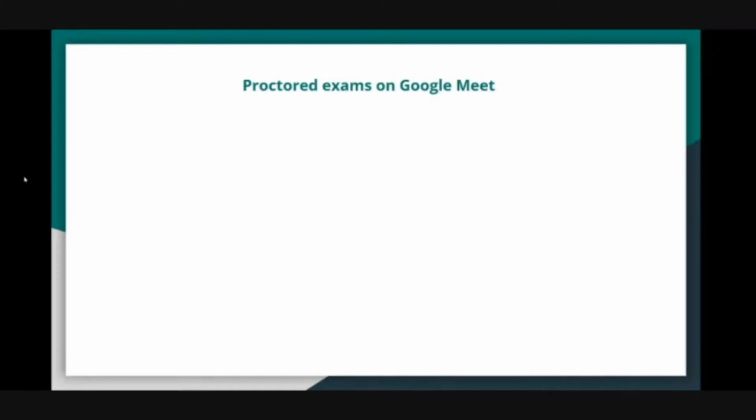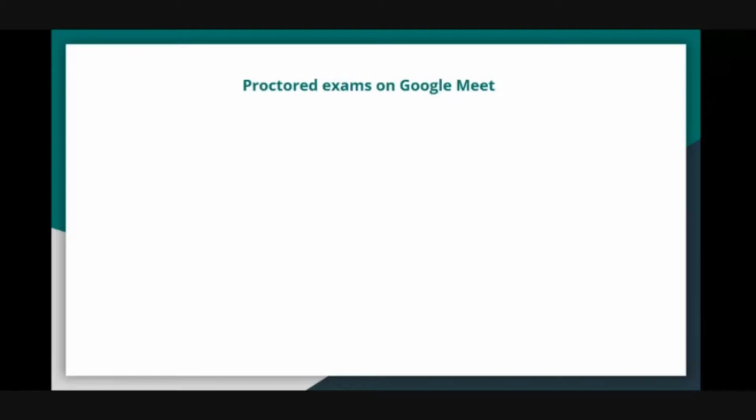The next suggestion was regarding exams on Google Meet, right? So if you're conducting lab evaluation on Google Meet, or say some quiz where it is not on Google Form, but you post a question paper on Google Classroom, and the student has to manually write that test on a paper, and they need to upload it, right?